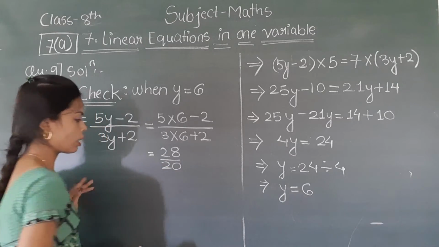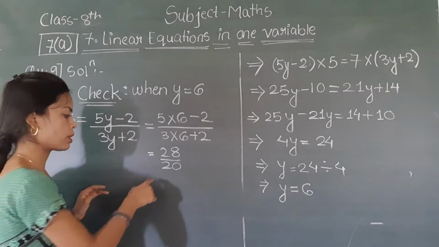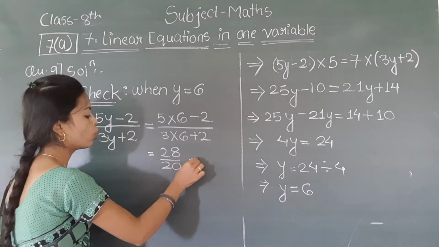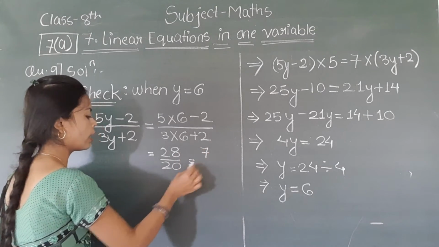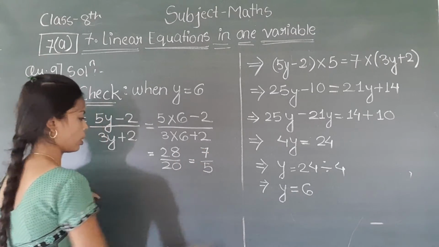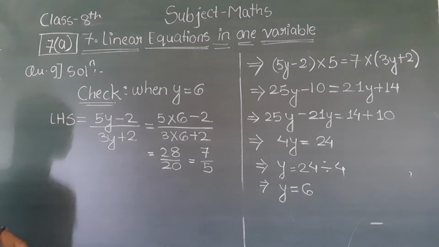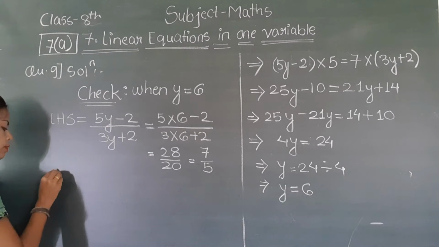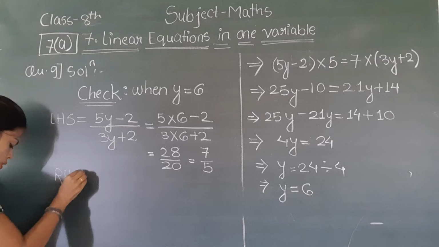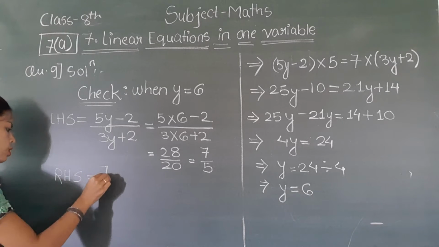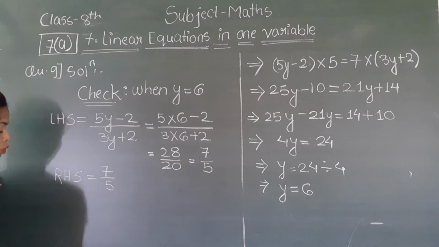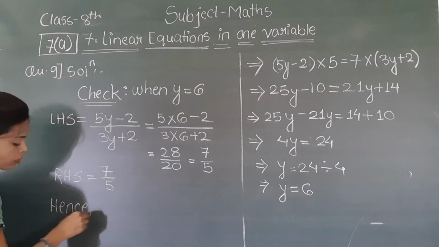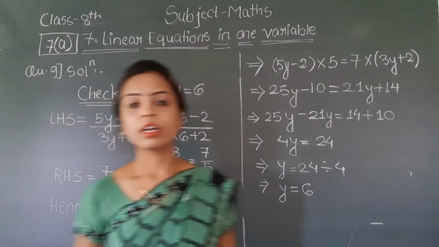So if you are writing it in the shortest form, when you divide both by 4, it is 4 sevens are 28 and 4 fives are 20. So the LHS value is 7 upon 5, and that is equal to the RHS, because the RHS is also 7 upon 5. Okay, so in the last we have to write, hence